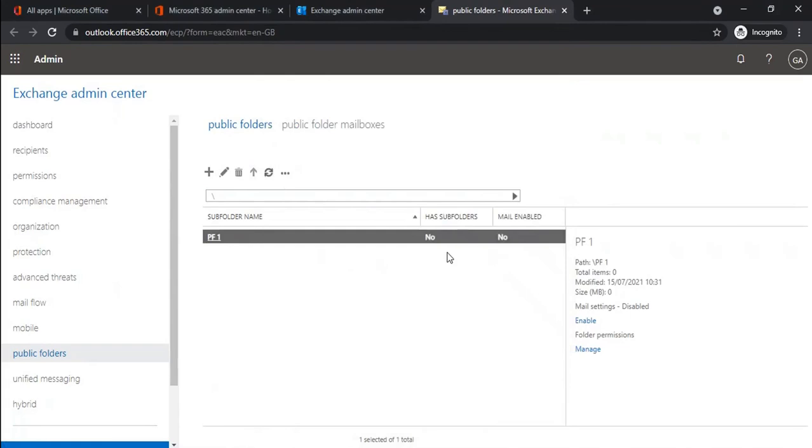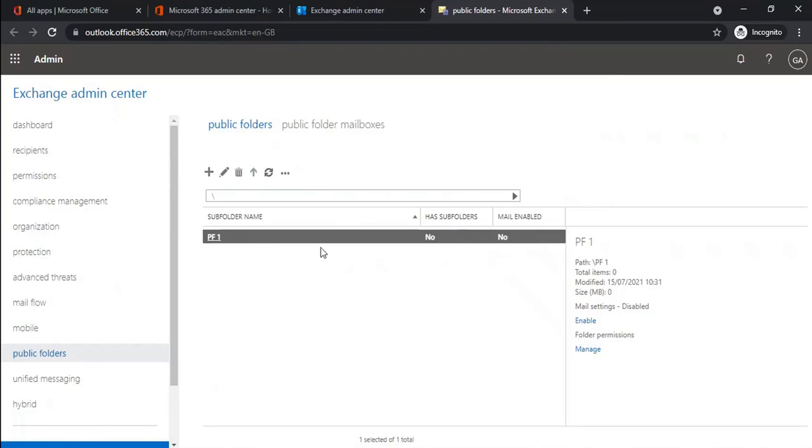When you create a public folder, that public folder will be a mail disabled public folder. In an Exchange organization, there are two types of objects: one is mail enabled and the second is mail disabled. A mail enabled object is an object that has an email address assigned. A mail disabled object is an object that does not have an email address assigned.